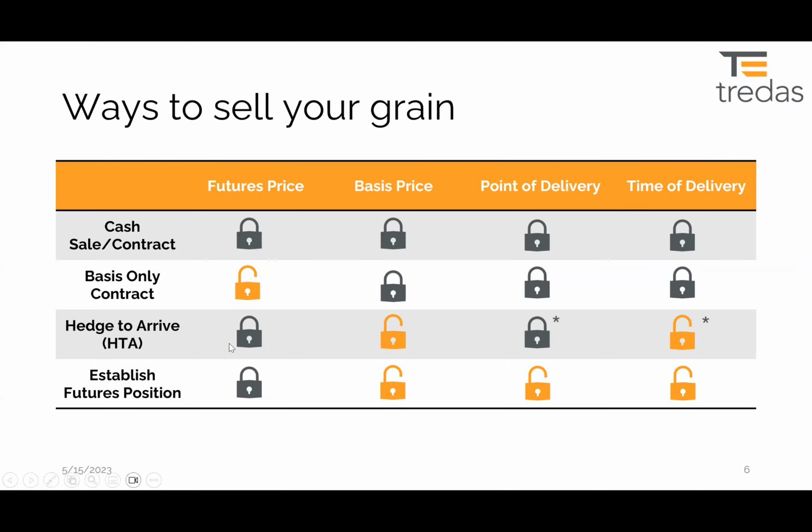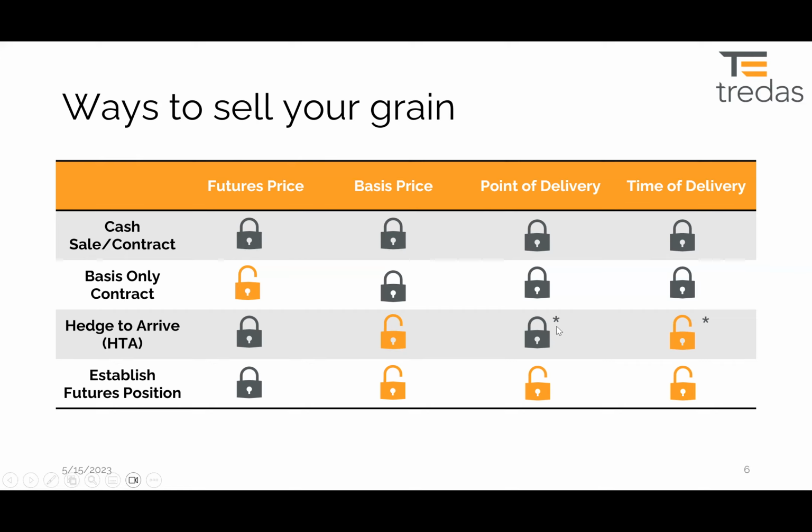Hedge to arrive would be the next alternative. Hedge to arrive leaves the futures, locks the futures in, but leaves the basis open. It leaves the time of delivery open. We've got an asterisk here of point of delivery, because more often than not, you'd be locking in a certain location, but it might be a flexible hedge to arrive where you can pick from maybe a handful of different locations